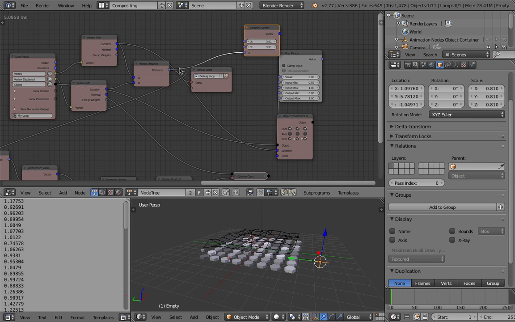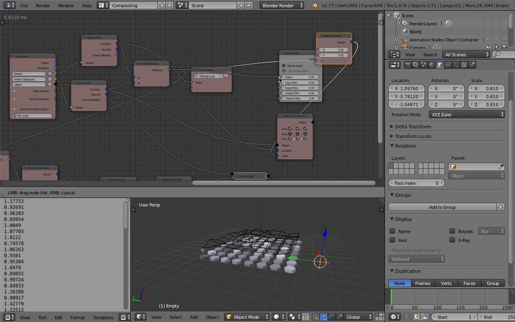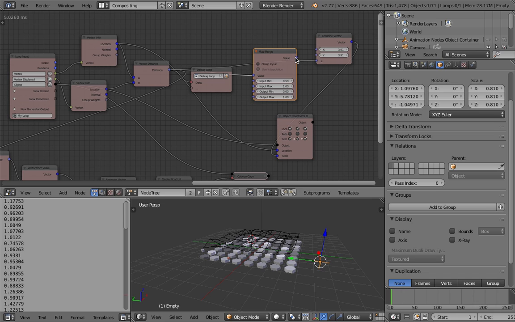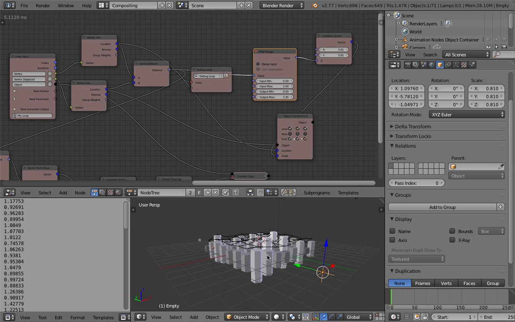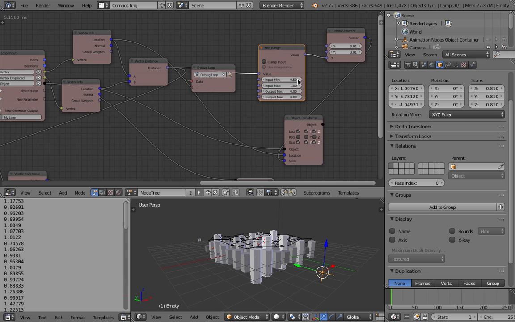So the value goes into the value, and the output of the map range goes into the Z. And by doing that, you can have control over that. So we are remapping the value between 0.6 and 1 into 0.8.